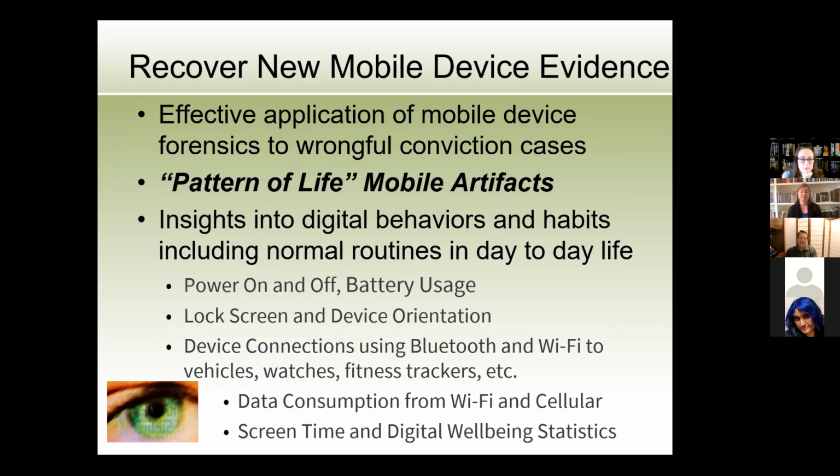They may be unlocking it. If you've got device orientation changes coupled with a lock screen and unlock, wow, you're in like Flint. And then there's device connections. So if the phone is connected to a Bluetooth in a car or Bluetooth with a headset or Bluetooth with something else, we can figure that configuration out. Or if it's connected to Wi-Fi, if it's a vehicle or a watch or a fitness tracker.